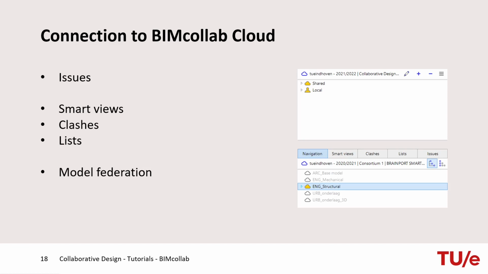Furthermore, in BIMCALLAB Zoom it is possible to link IFC files and point clouds stored in a shared folder to the project on BIMCALLAB Cloud. The files in this folder will be automatically opened in BIMCALLAB Zoom when you connect to the project. This way it is ensured that all team members of the BIMCALLAB Cloud project always have access to the most recent files in Zoom. The project folder should be on a shared location like a server or a file sharing application, like Dropbox, OneDrive, Trimble Connect, etc. This folder should be accessible to all team members of the project.